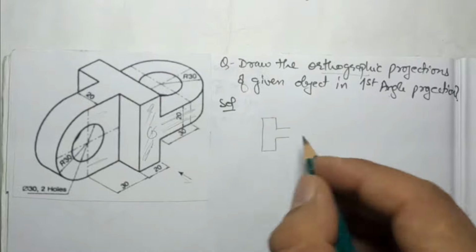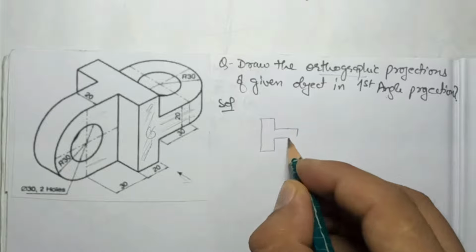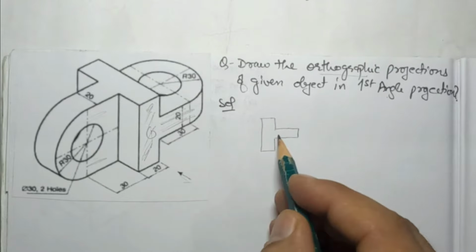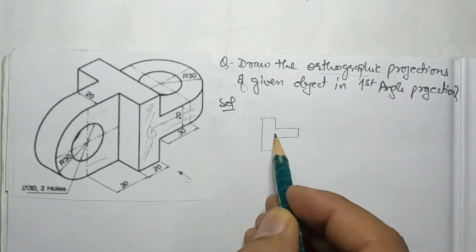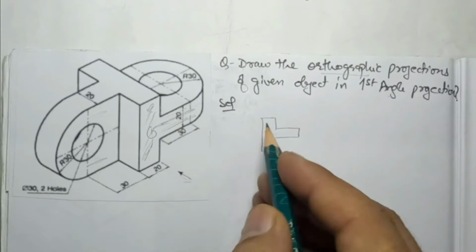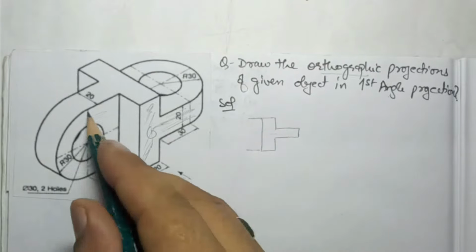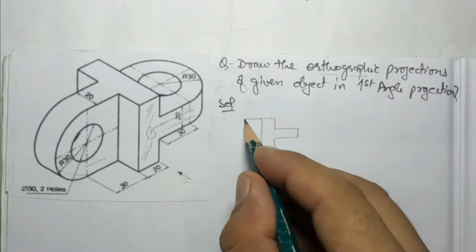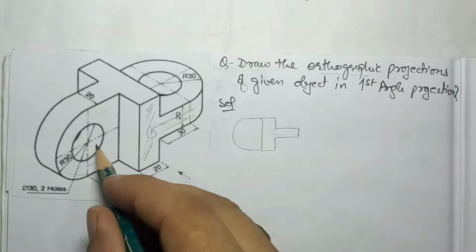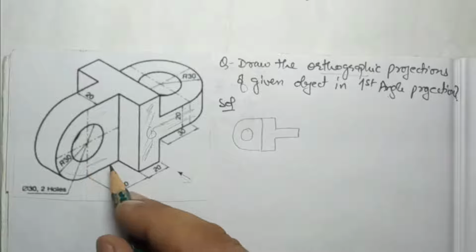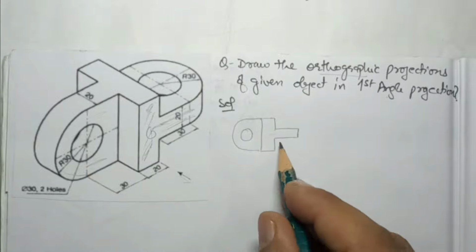I have told you when a curve is there, it will look like a straight, rectangular part. It is open here, so that is why I have taken it open. Now about this object, a straight part up to this, then a circular part is there, so we make the circular part like this, and a circle is there at the mid. We will talk about the dimensions later on, only the view is there.